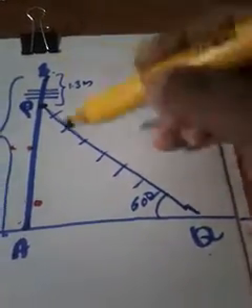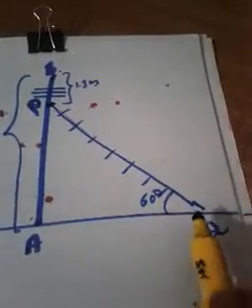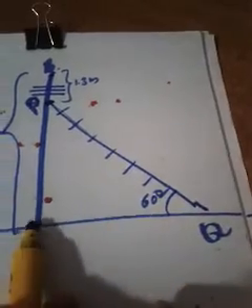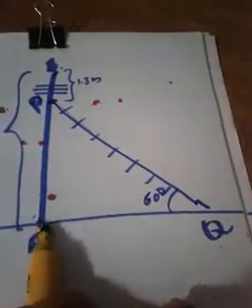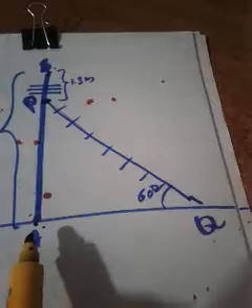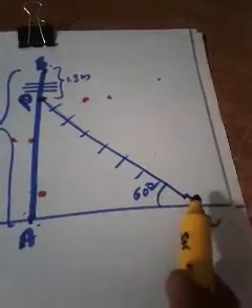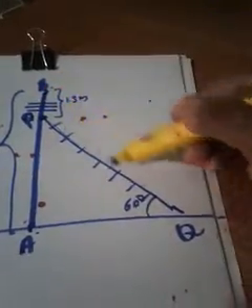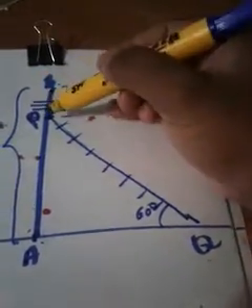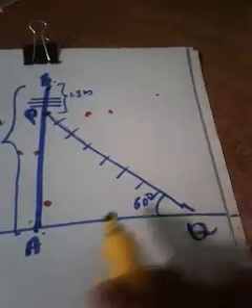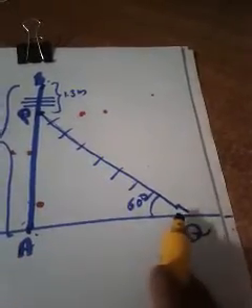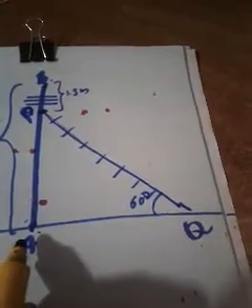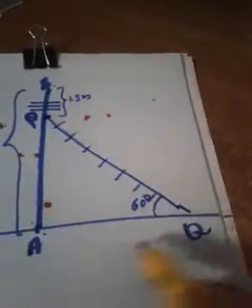Okay, and AQ represents the distance between that ladder and the foot of the post. So in the question, two sub questions are there. We have to find the length of the ladder first, that means we have to find out what PQ is. Then one more thing we have to calculate is AQ, the distance between the ladder and the foot of the post. So we need PQ and AQ.